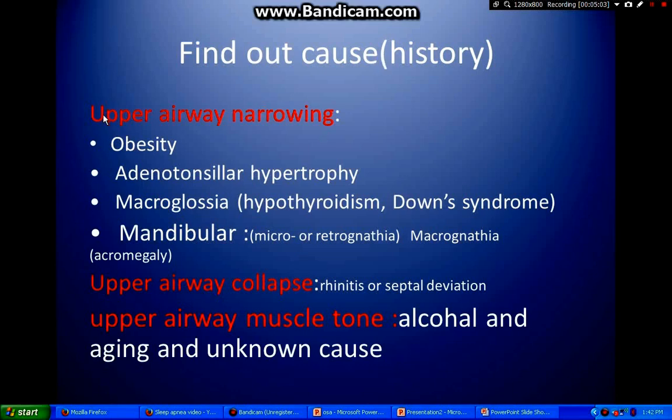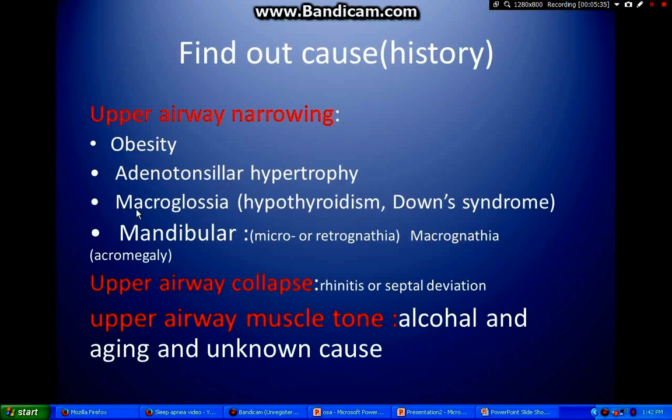So it is in three forms. One is upper airway narrowing. With upper airway narrowing, we already saw that obesity is one of the reasons, such as in hypothyroidism and obesity itself, and many other reasons, also a sedentary lifestyle. Another thing we have to look at in the examination is adenotonsillar hypertrophy. We have to look inside the throat, as maybe there is some hypertrophy going on,